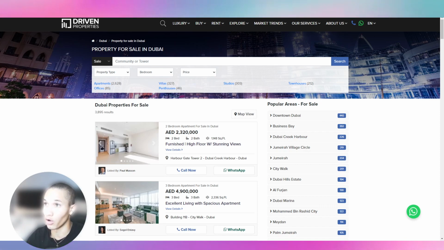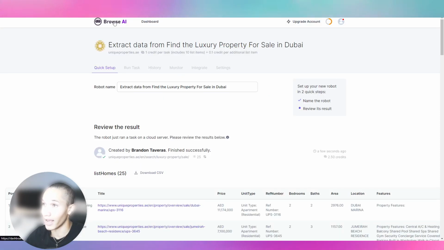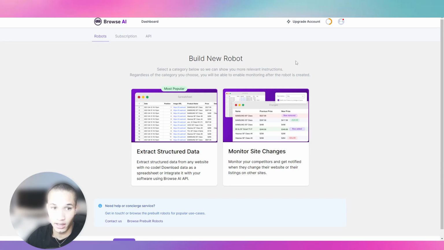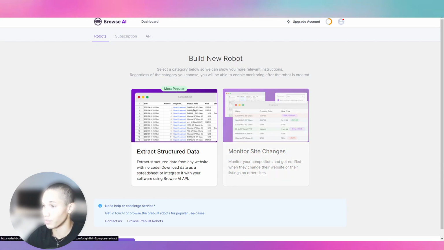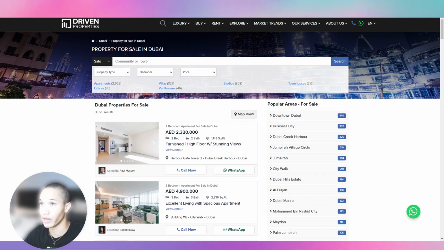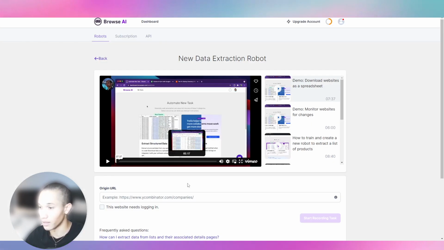So let's go to browse.ai, right? This is going to be our scraper bot. We're going to click build a new bot. Browse.ai is free. I'll leave it in the description. We're going to click extract structured data. So now we're going to be scraping this website so we can actually have an information database so we can relay